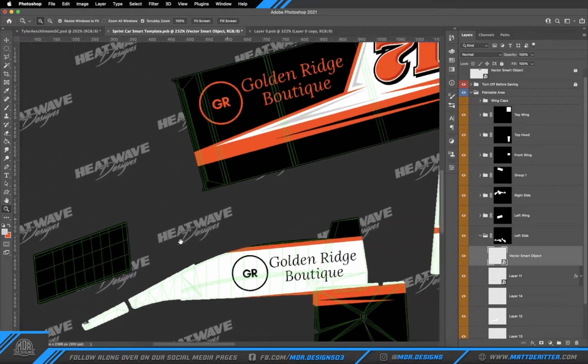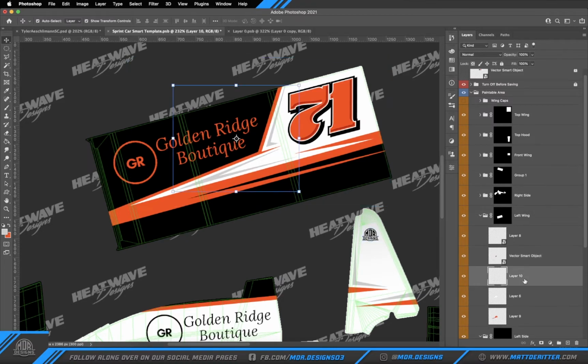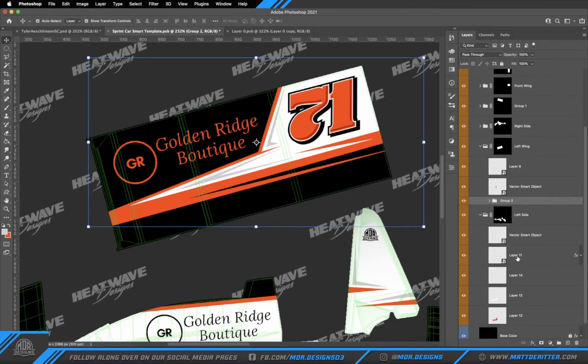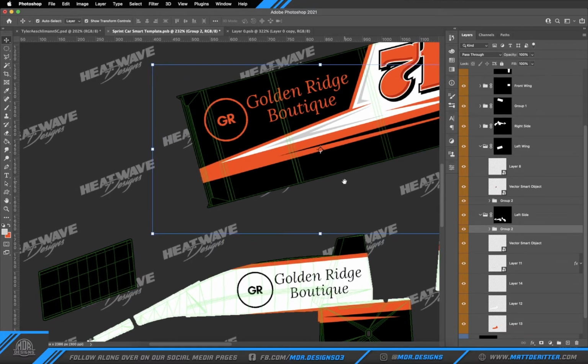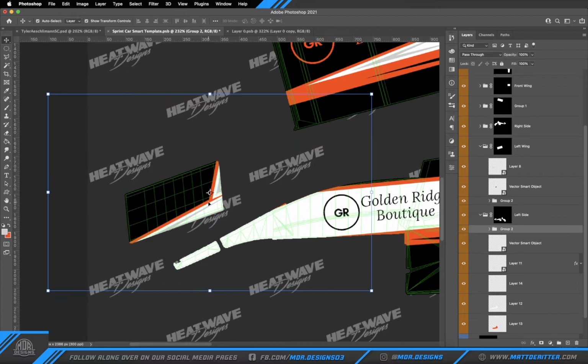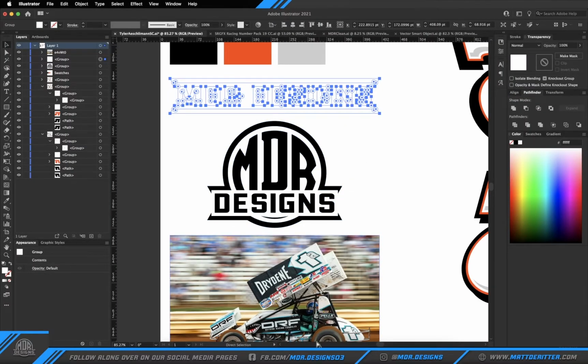I think what I'm going to do with the front wing is a very basic version of, maybe I'll just, we'll group this top wing graphics so that way we know what it is. And we will copy this and plop it in here and see how this looks at the front. So what I just want to make sure is that it's not a blank side piece of the wing, but there's something there that gives it a little more life and doesn't take away from whatever logo will be placed here. So now we're going to get my secondary logo on here